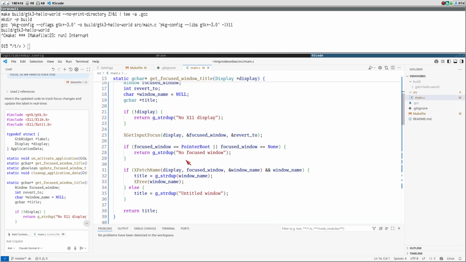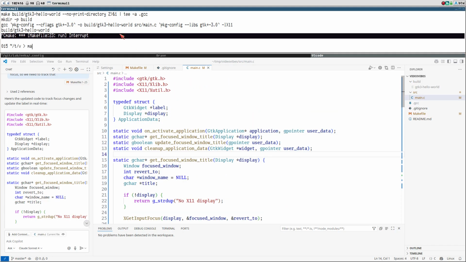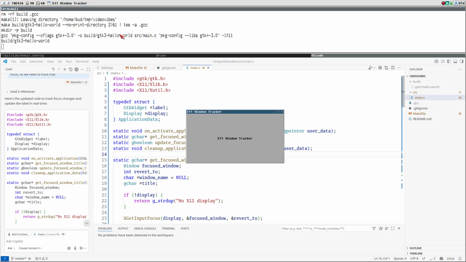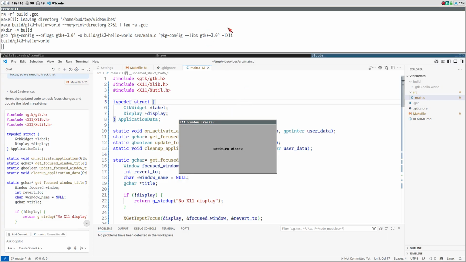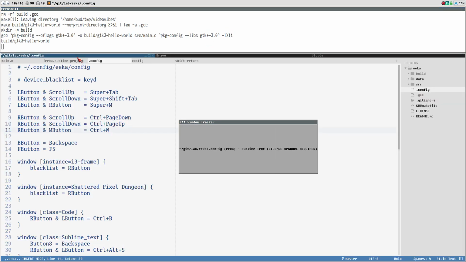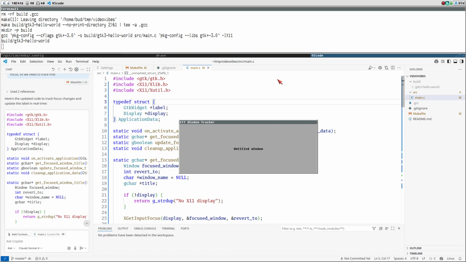Clean up update. I'm not even sure what's going on here now. Okay, X11 window tracker. That is the title of the window itself. Select this, yes, now it kind of works here. This is a Sublime title. This is an issue I've noticed, that